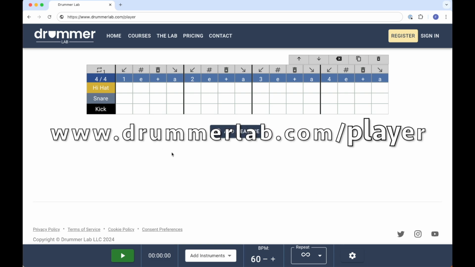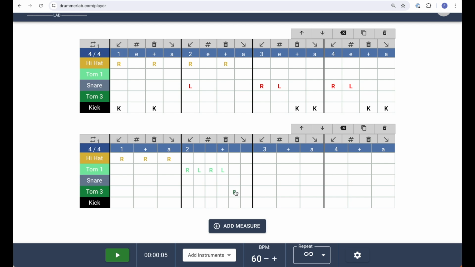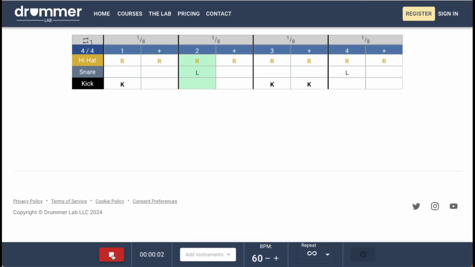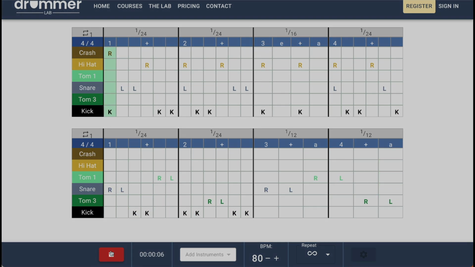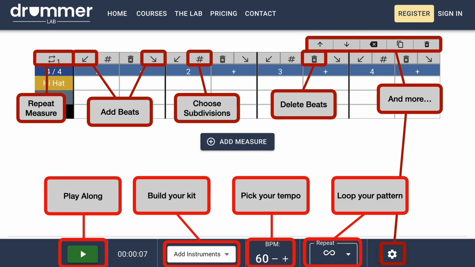This is DrummerLab, a software designed to help drummers maximize productivity in every practice session. Whether you are an enthusiastic beginner wanting to learn the fundamentals properly, or a seasoned player looking to break down complex ideas into a simplified representation of rhythm, DrummerLab has all the tools you need to clearly visualize the patterns